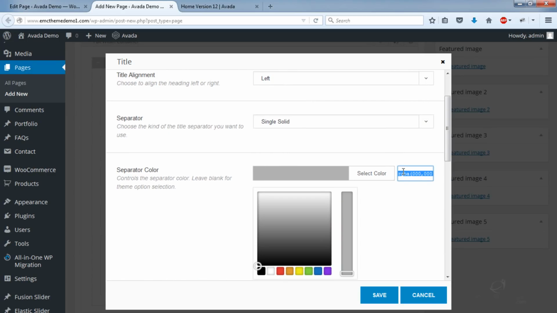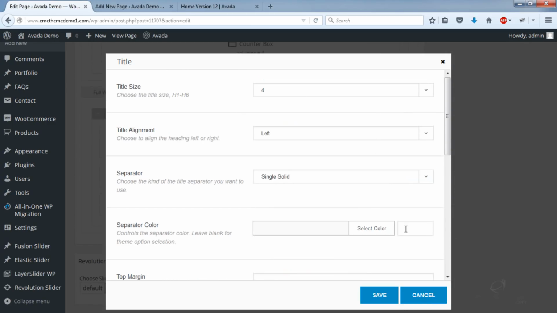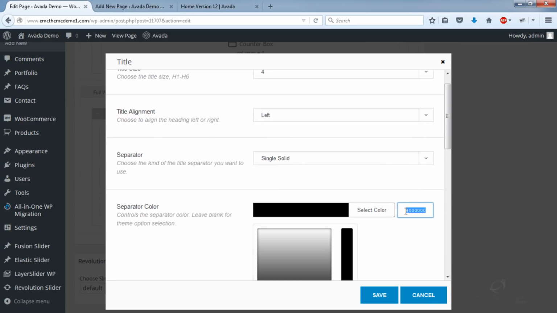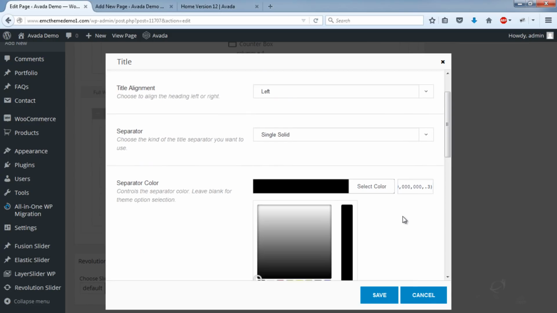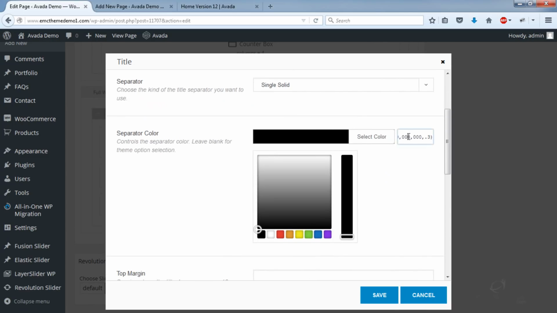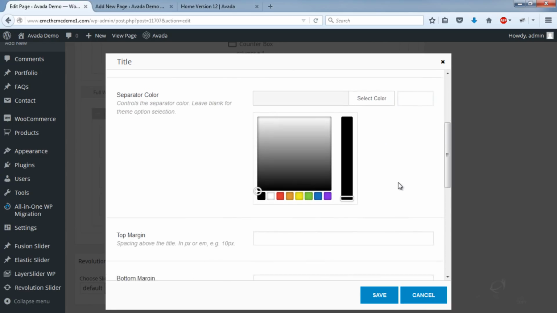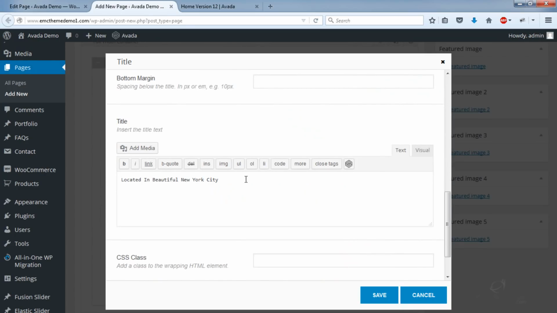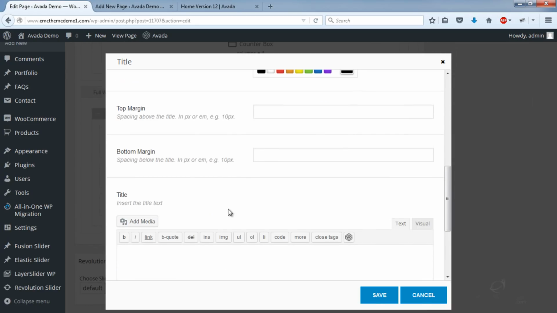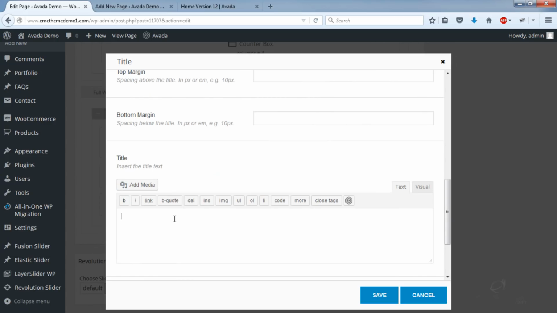I will just copy and paste this default. Actually, I'll just clear that and leave it as default. Top margin, bottom margin, they haven't input anything. Located in, okay. You can add some text under the title.